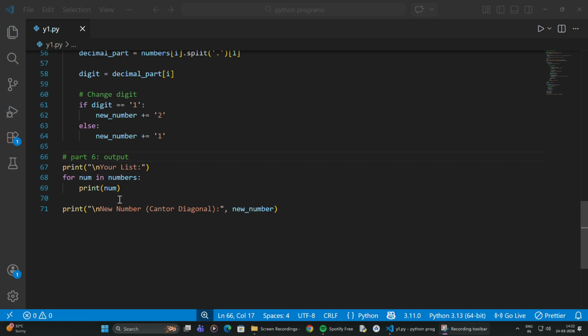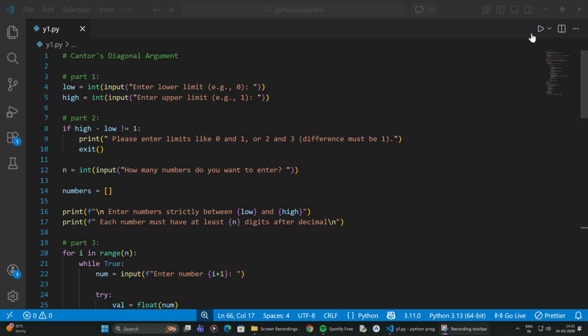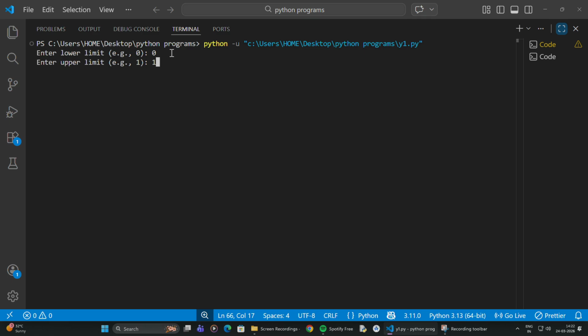Now let's see the working code by running it. Now let's run this code. Okay, I have taken the lower limit as 0 and the upper limit as 1.